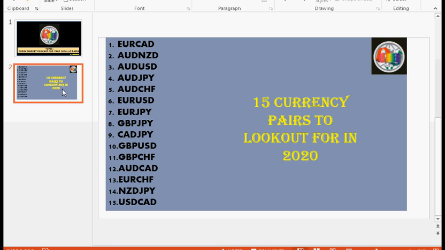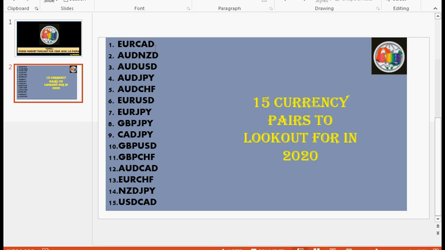It is a year of great things, as we in the Forex market, in the currency market, can foresee a great price move that will change the scope of our lives. So today I have 15 currency pairs on my radar that I want to share with my friends and my mentees, my students all around the world.